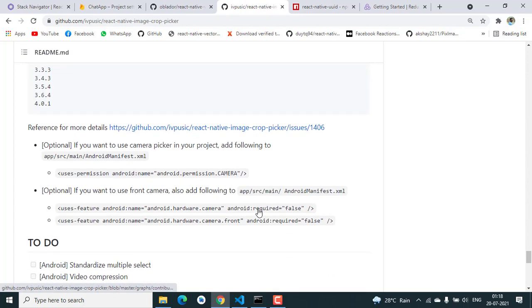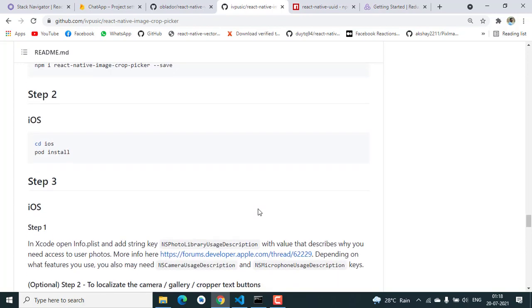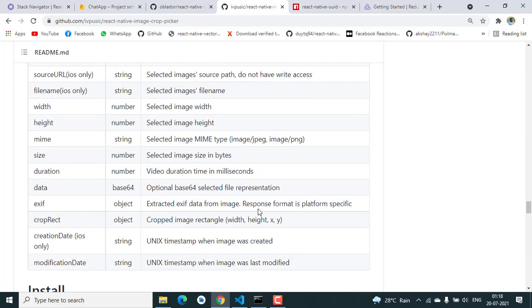So we're going to add it later when we are going to use this actually. For right now we're going to leave it like this,